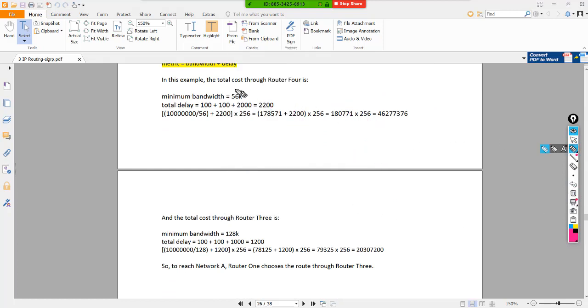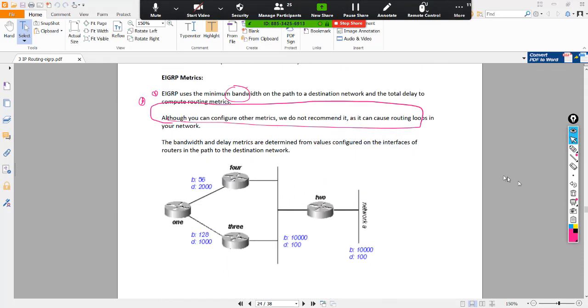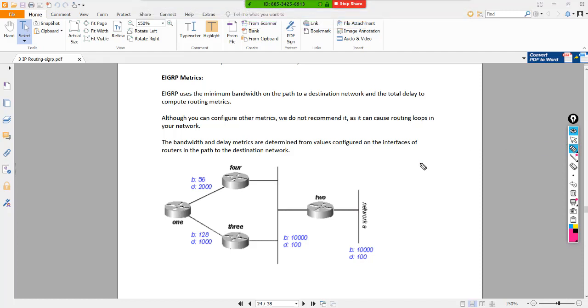I'm going to calculate 56 with the help of this formula. And in the second line I have the delay formula. Delay is nothing but